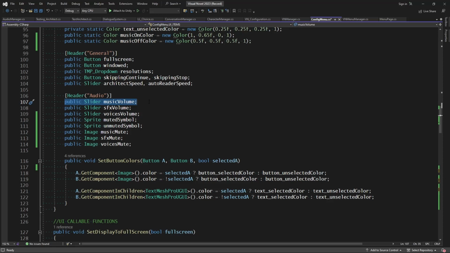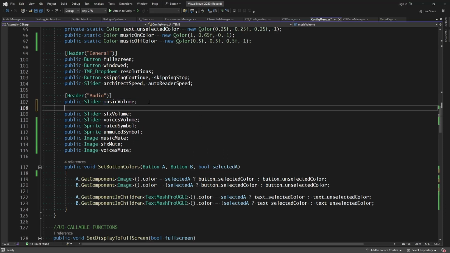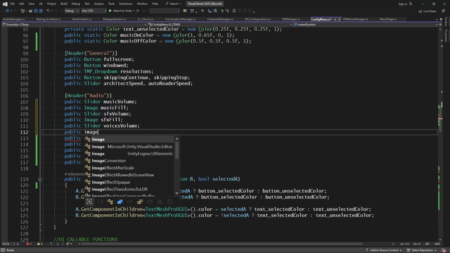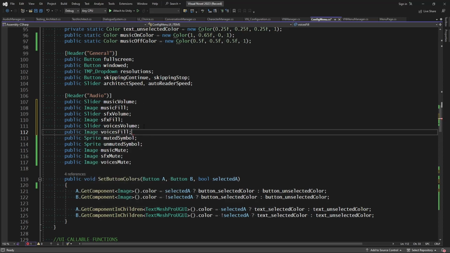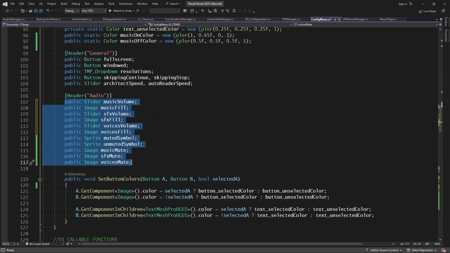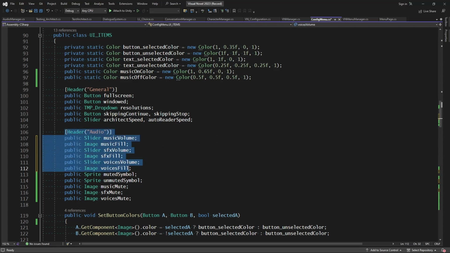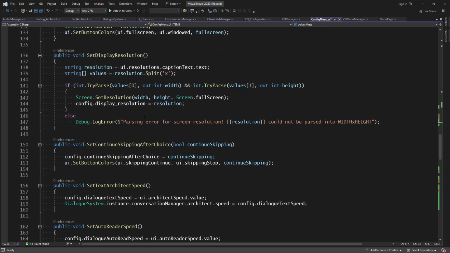So in addition to having this slider, let's also have a public image for the music fill, and public image for SFX fill, and public image for voices fill. And the more of these you have, the more it may benefit you to separate these into different subclasses. But right now we're still manageable, so I'm going to leave it as is, but we'll come down to the